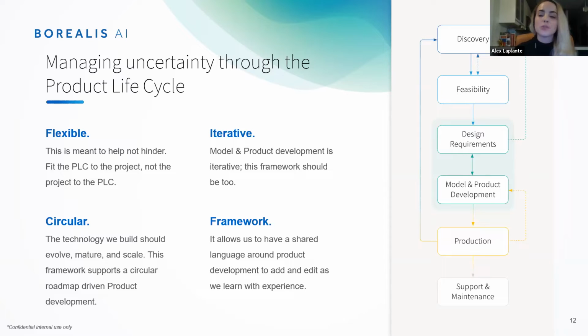Our product lifecycle is also circular, and that means that we could end up in production and learn a whole bunch of new data, have access to a whole bunch of new data from our end users. And with that new data, we may head right back to discovery and think about what's the next feature we're going to build. We could also learn that our model isn't quite as good as we thought it was, and that might shoot us right back to model development. And so we're always kind of bouncing back and forth, with reason, of course, throughout our product lifecycle. But we really use this to make sure that we're all on the same page in terms of expectations throughout.